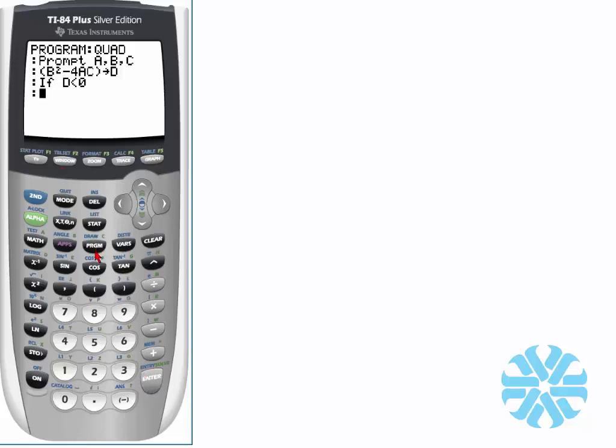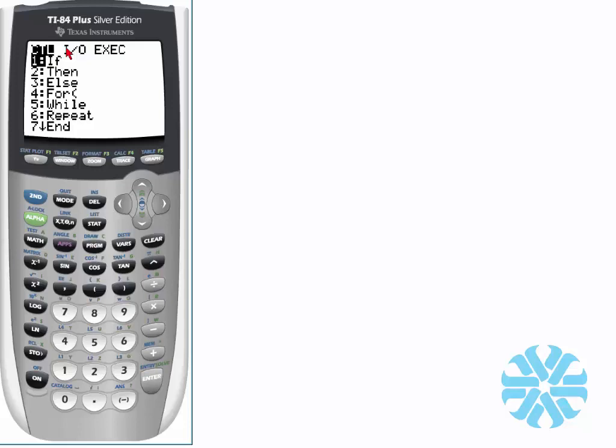And then let's go back to the program mode. And number 2 is then. So let's select number 2. So we have an if-then statement going on right now. And select Enter. We want the calculator to display no real solutions. So what we need to do is select Enter, and then we're going to go back to program,